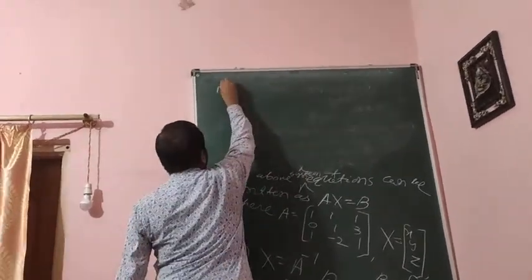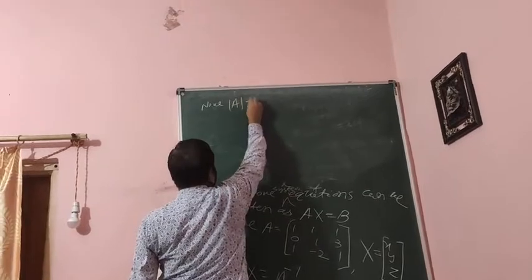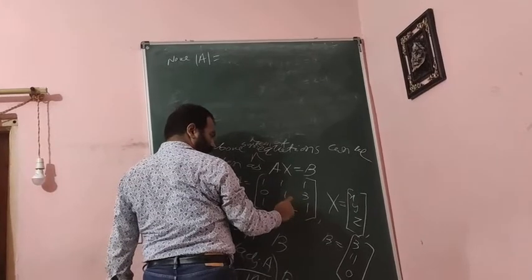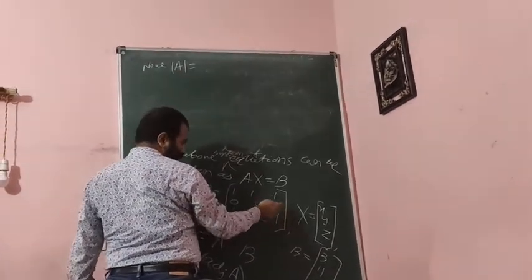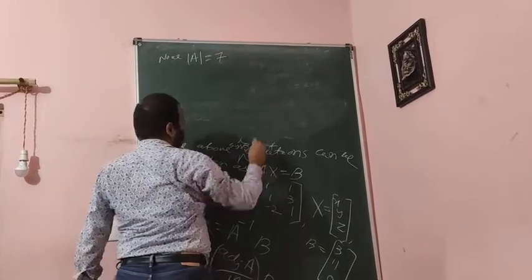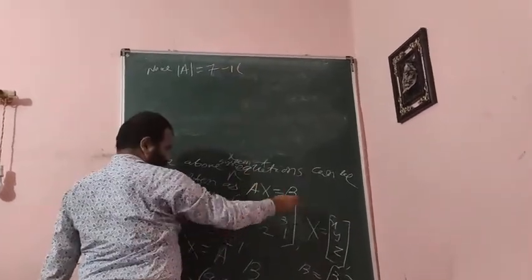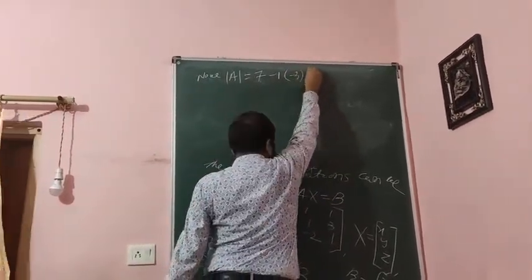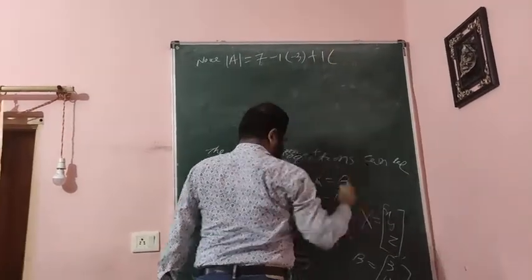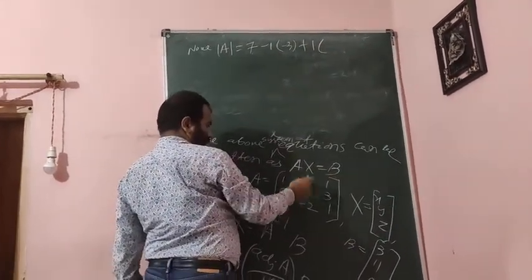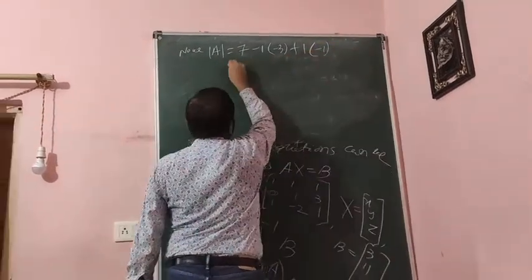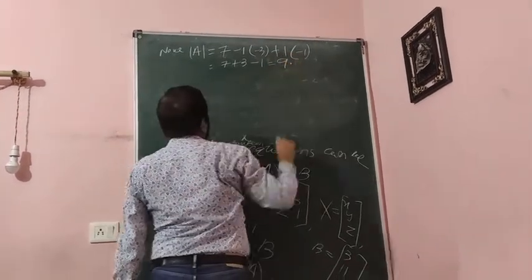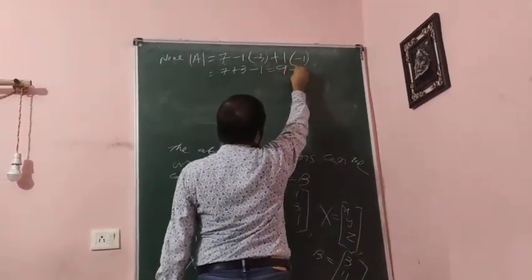So now, what is the determinant of A? Just calculate: 1 into, you delete this, so 1 into 1 minus, plus 3 into 6. So 1 plus 6, it is 7. Here minus 1 whole into, this cancels, so 0 minus 3. So it is minus 3. Plus last is 1 whole into, what is that? Here 0 minus 1, meaning minus 1. So the final result will be 7 plus 3 minus 1. It is 10 minus 1, it is 9. So the determinant of A is not equal to 0, it is 9.